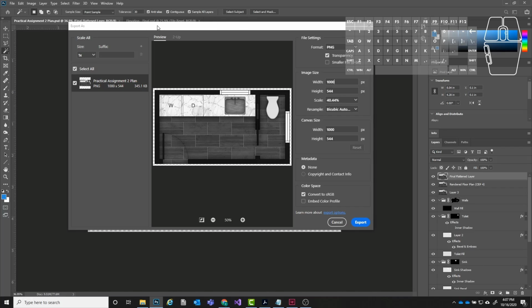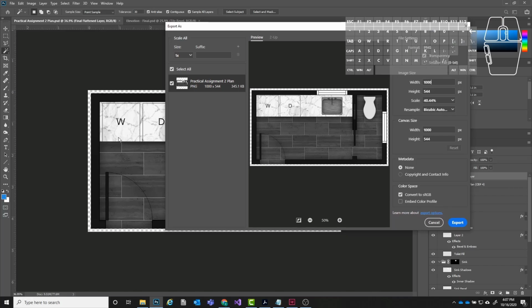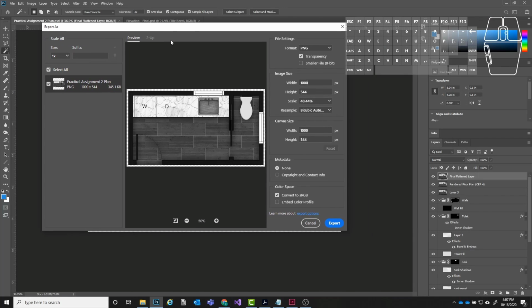So something that you want to do inside of Photoshop is basically always be working in a really high resolution so you have all that quality. And then later on, if you have to export out something smaller, say that's like way too high of resolution and the file's too big, you can always dial that down here and it's going to lower the resolution and save it out as a smaller file. But like I said, unless your computer is going really slow and you check your file